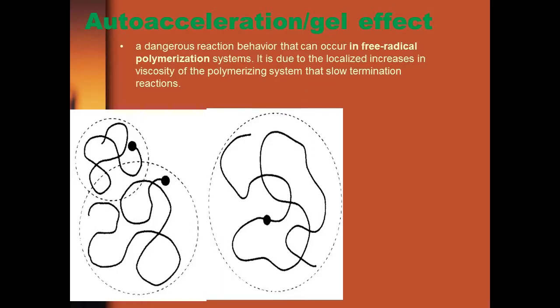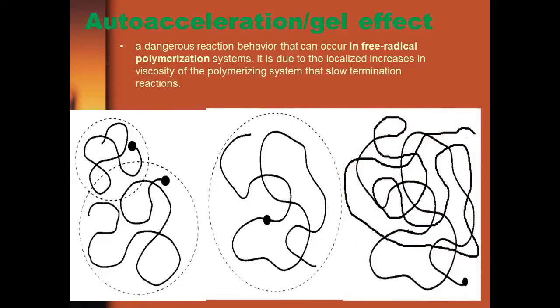So when the two active sites collide with one another, the polymer chain becomes dead, that is the polymerization comes to an end, which is known as the termination step. Suppose the two active centers do not collide with each other, then the polymerization reaction goes on without the termination reaction, and the polymer chain will be very long.